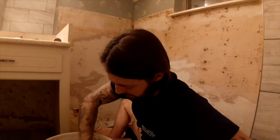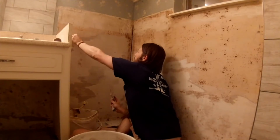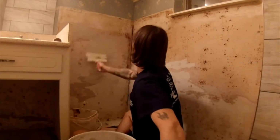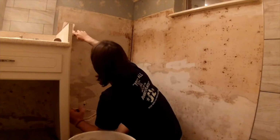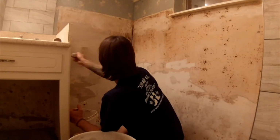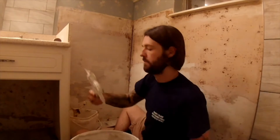Okay, so here's where I start mudding it. I'm just using, I think, an 8" knife. I think I did end up using a bigger one for the finish coat. But I'm just putting a very thin layer just to cover up the lines from the FibaTape and any inconsistencies. It doesn't have to be super perfect. Obviously you want it to be as smooth as possible, but I ended up putting texture over this,